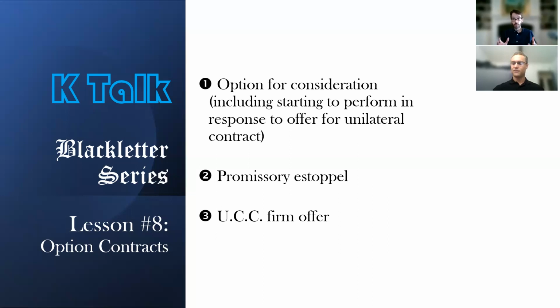So Article 2 is the law, and Article 2 did include a way to use formality to make a promise to keep an offer open legally binding. And it's called a firm offer. But in my sense, a firm offer is just a fancy name for a binding option or an option contract. I mean, there's not going to be consideration here. So maybe contract isn't the right word, but it's just the same. It's just a different phrase for a binding option. And the UCC firm offer rule applies, obviously, when it is a contract for the sale of goods. Remember, Article 2 has got to apply here, not the common law.